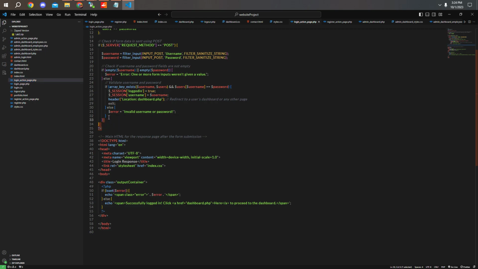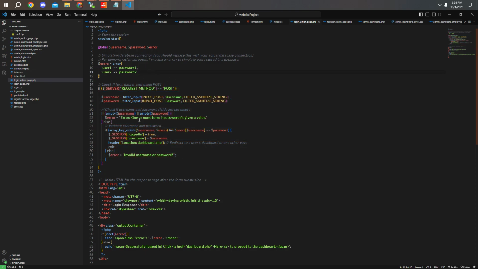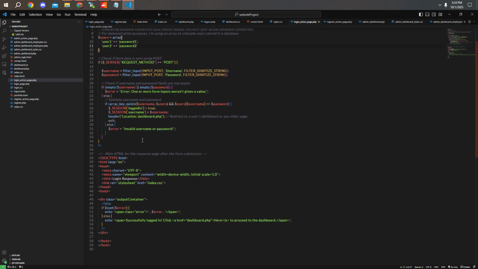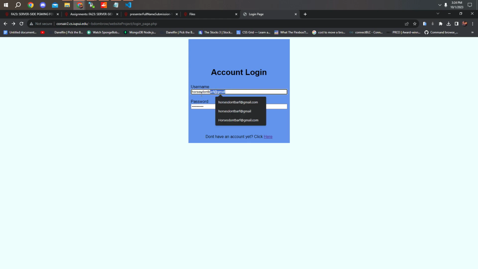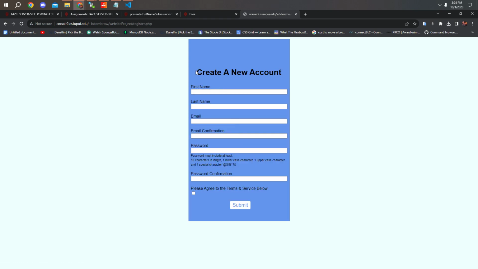And you can actually verify if you look here at the login page PHP handler, you can see that it is actually checking to make sure that the entry that you gave it is a valid input from the database. And right now I just had these holder variables for when we do implement the database, but the logic is all here. So then let's assume that you don't have an account and then you want to go and create one. You click here, and then now you're in the register.php page, and it says create an account,